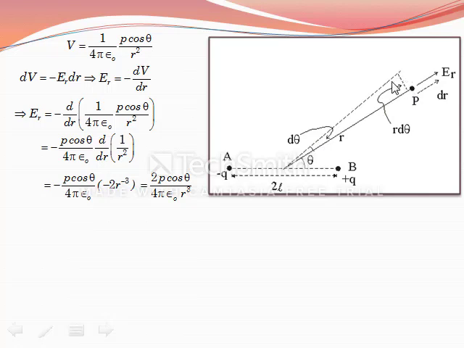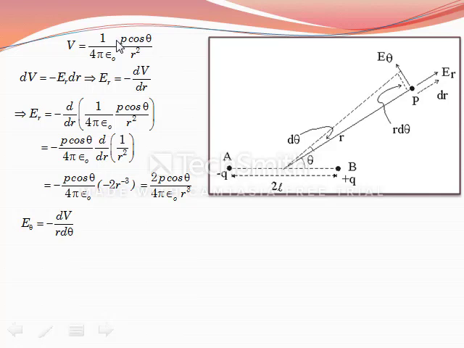If we change theta by a very small amount d theta, this point shifts in this direction by r d theta. Now let there be a field in this direction. The component of field in this direction will be denoted by E theta, this way. Moving in this direction, we find a change in voltage dV. So the drop in voltage is minus dV, and the distance traveled in this direction is r d theta. So E theta is the change in voltage by distance, minus dV by r d theta. This is the formula for E theta.